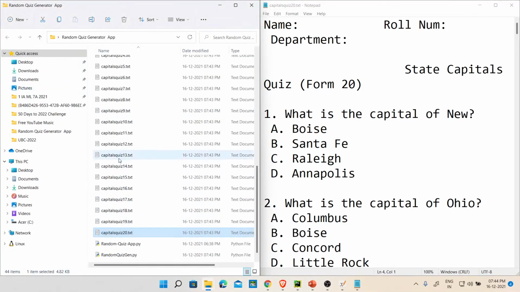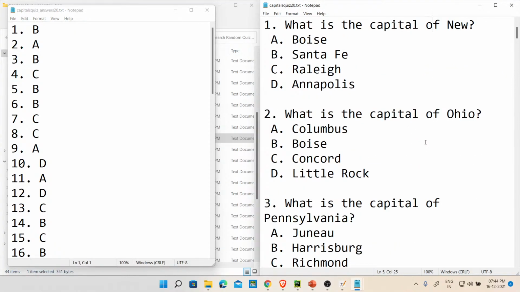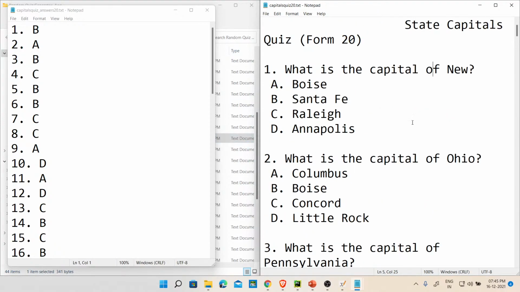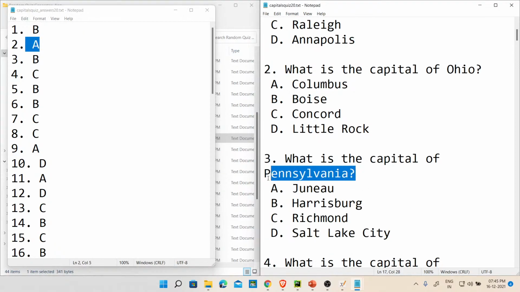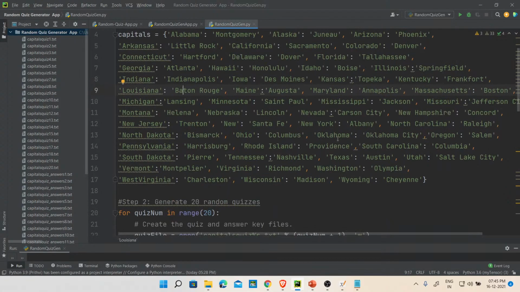Fine. So let's check. What is the capital of... I didn't get that. What is the capital of Ohio? What is the capital of Pennsylvania? So let's check the capital of Ohio. That's the second one, right? It says it is Columbus. Is it? That's the second one. It is A. Capital of Pennsylvania. It says it is B. So let's check. Okay, go back to the dictionary. Pennsylvania. Okay, I should have something under B. Fine. Otherwise, I'll take it from the other side.